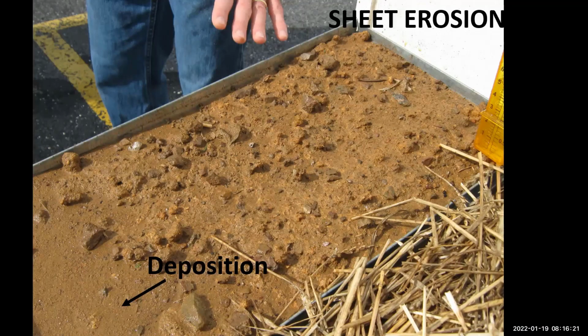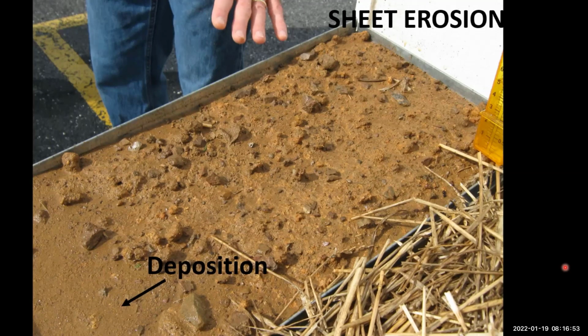Here is sheet and rill erosion in a rainfall simulator tray, and you see we have a removal of a sheet of soil from this area, and it's deposited down here. If it weren't for these rocks and pebbles up here standing out on their own, and if we hadn't watched it happen in the rainfall simulator, we wouldn't really realize that soil had been moved. And that's the insidious nature of sheet erosion,